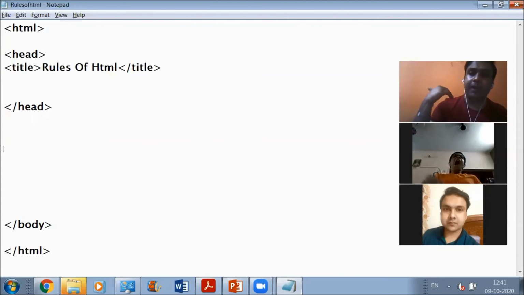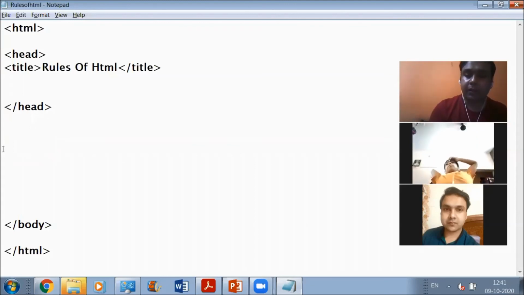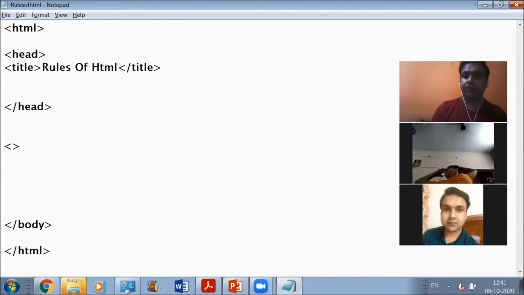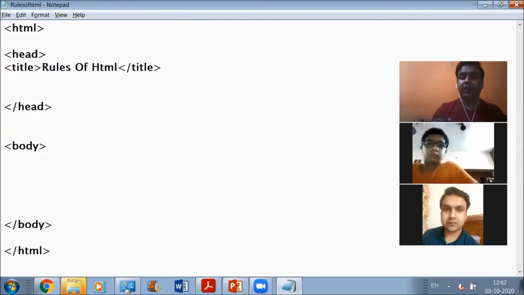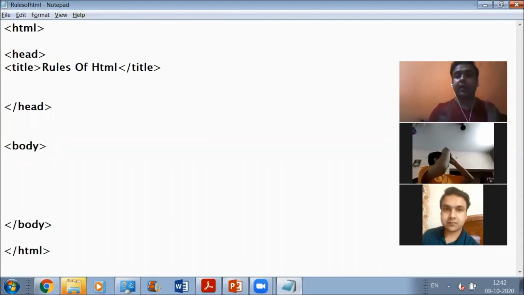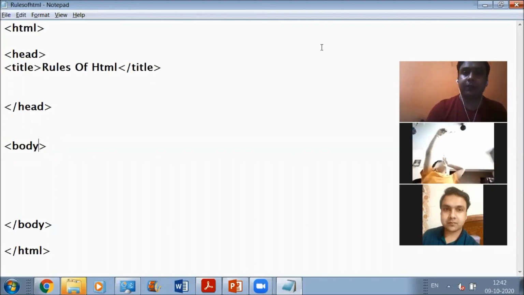See, if suppose you want to make use of body tag, you have to put these two signs first and make sure that there is no space in between these two signs. Bring your cursor in between these two things and write down the name of the tag. So that's how you can define any tag. This is the proper way you need to define the tag in your HTML document. Is this thing clear to every one of you?